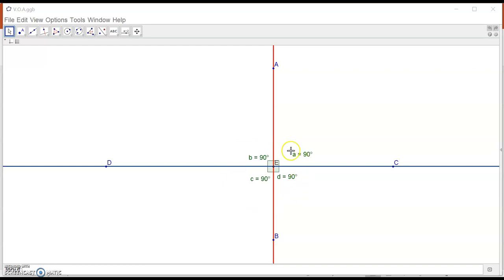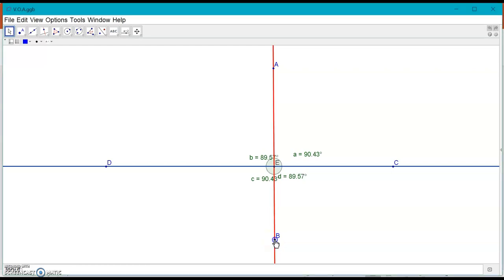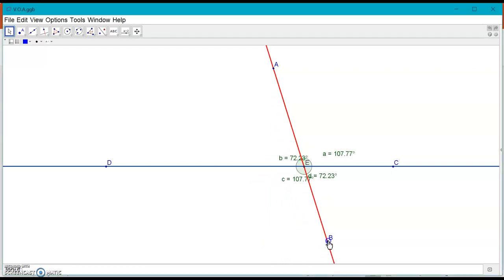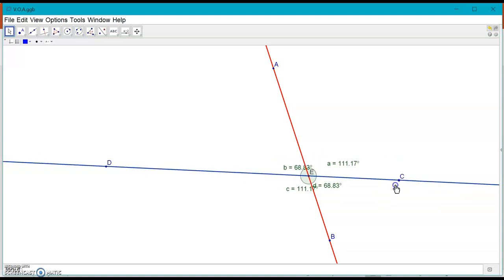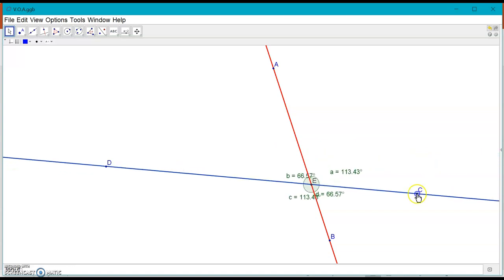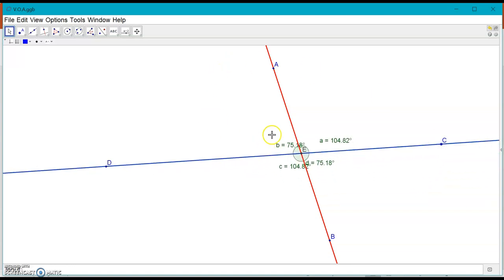Now here you can see all the angles are equal. This is one of Euclid's postulates, that all right angles are equal to each other. Now when I move this line, see what happens. The moment I start moving this, the angles keep changing. If you observe, the opposite angles are A and C, and here it is B and D. The measures are equal. A is equal to C and B is equal to D. If I move this also, the same thing happens. Can you see this? This is what we are going to prove with the help of logical argumental steps.